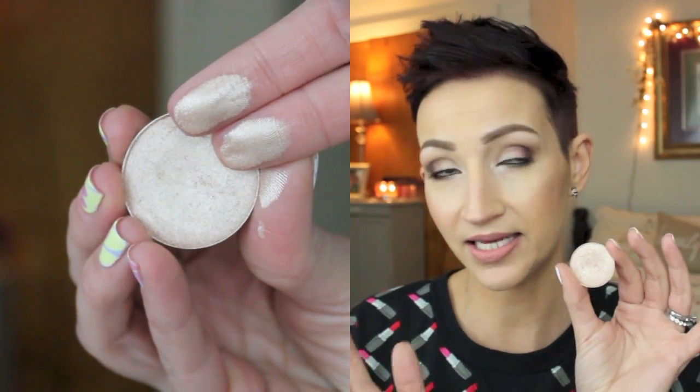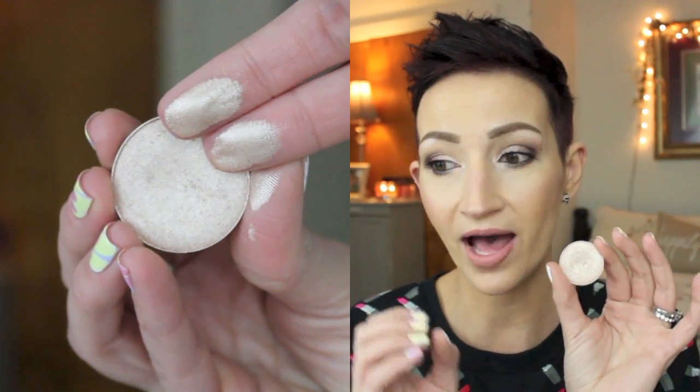So let me mention Steal a Kitten real quick. I know I talk about Steal a Kitten a lot, and I never just call it Kitten. I always say Steal a Kitten. I noticed that one day during editing. Nobody cares. Okay. This eyeshadow is my favorite eyeshadow of all time. To this day, there is nothing that will ever beat this. In the Spotlight from Makeup Geek comes close, but this is